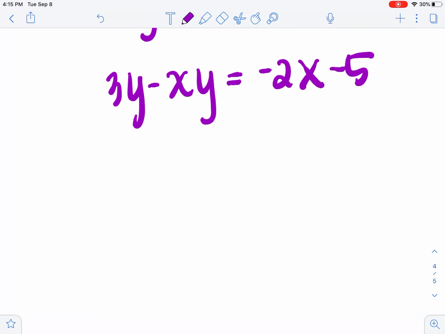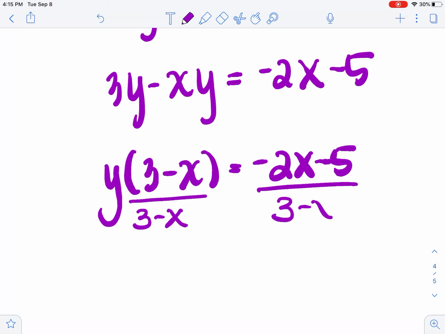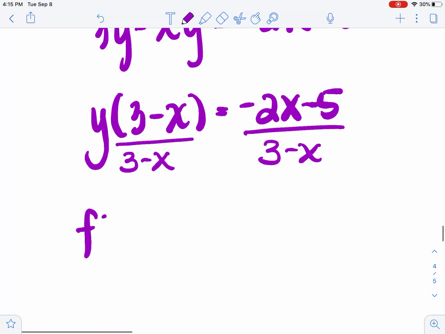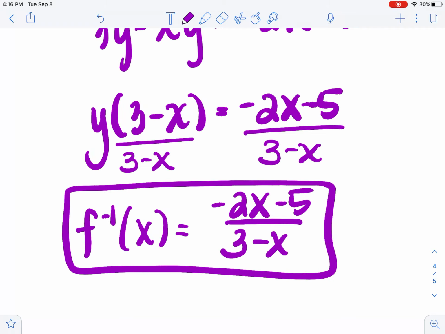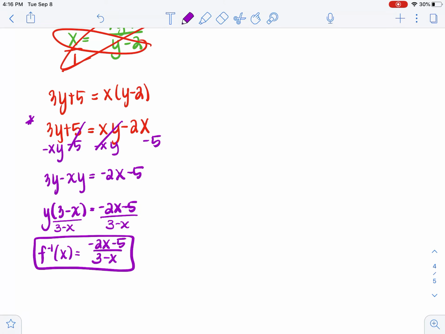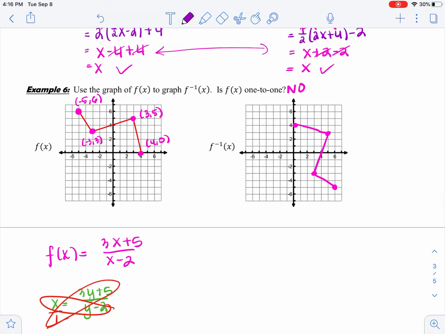All right, remember you're almost there, but the y is stuck in those two terms. So now I'm going to factor the y out of those terms. I have y times 3 minus x equals -2x minus 5. And finally, I'm going to divide both sides by 3 minus x to get y by itself. So now I have f inverse of x is equal to -2x minus 5 over 3 minus x. Okay, so hopefully that was like, oh, okay, yeah, I got it. All right, you can go ahead and get